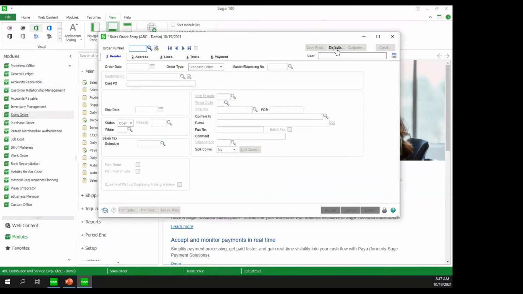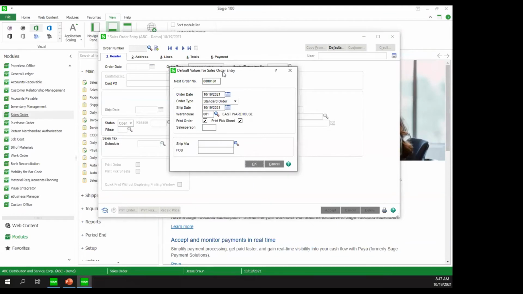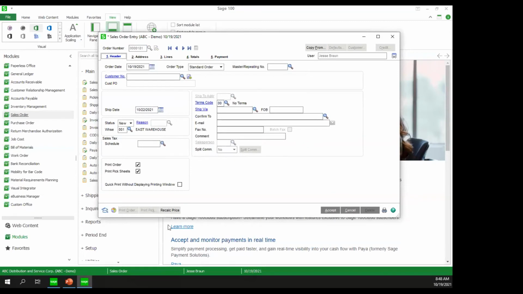But before I select an order, we can choose defaults, and we can choose default information when we're creating our orders to go with. So this is a great example where we could say, okay, I'm doing a whole bunch of orders, but I really need the ship date to all be the 22nd. I'm going to create all of these orders, but I don't want to have to change every single order to a different ship date or different warehouse. By setting these defaults, now we can just go ahead and create a new order, and you can see the ship date is defaulting to